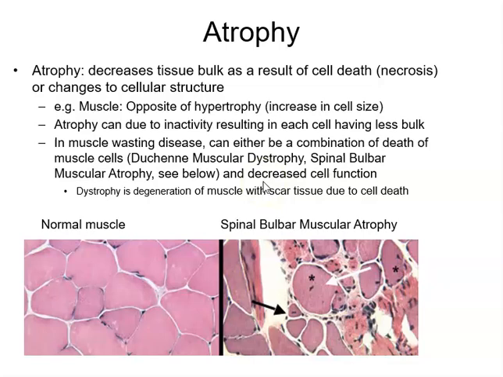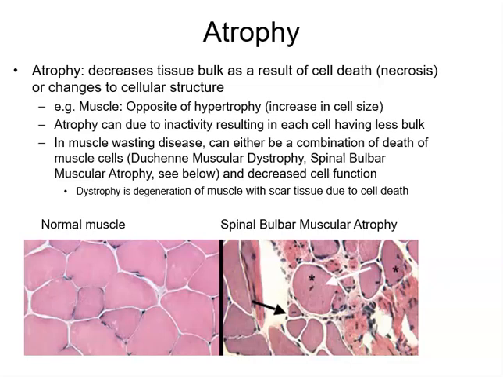Now, in some muscle wasting diseases, you can have a combination of atrophy and scar tissue formation, which we'll call dystrophy. So, a disease like Duchenne muscular dystrophy, you've got both a loss of normal muscle and then a replacement of that normal muscle with some scar tissue. So that can actually end up with